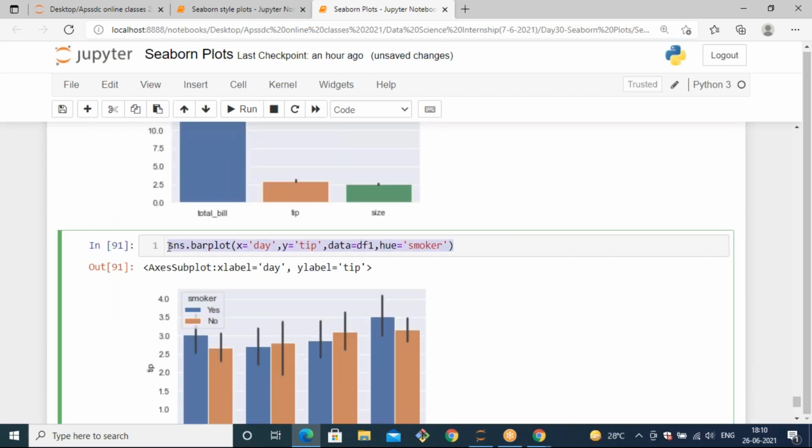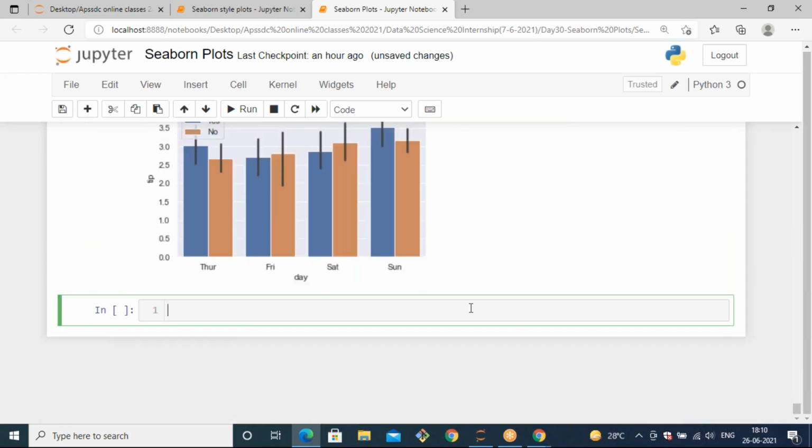Okay, let's pass one more parameter, that is estimator, because these are all estimator plots. So let's see that parameter. By calculating the median, you can pass that median as the value for the central tendency. So sometimes if you want to generate a bar graph by calculating the median, you can use this estimator function.